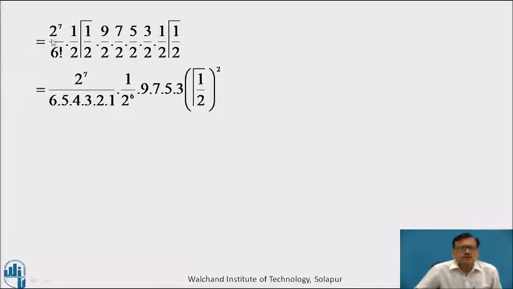That is 2 raised to 7 divided by, written here the value of 6 factorial, and 2 into 2 into 2 into 2, that is 6 times, that is 2 raised to 6 into 9 into 7 into 5 into 3 into gamma of 1 by 2 and gamma of 1 by 2, that is gamma of 1 by 2 whole square. The simplification of this comes to be 21 by 8, and we know gamma of 1 by 2 is root pi, whole square, that is 21 pi by 8. This is the value of the given integral.